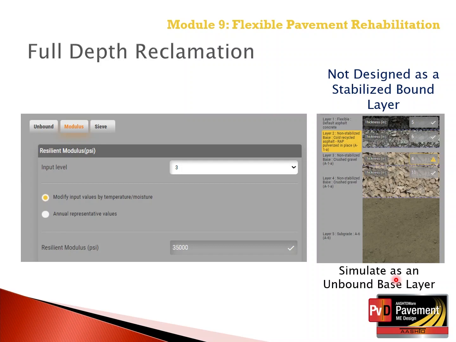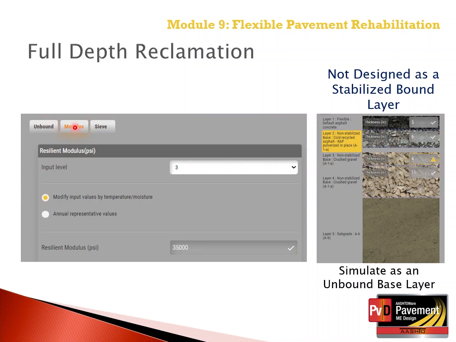So these next couple of slides will go into a little bit more detail when that FDR layer is not designed as a bound layer. So we're going to simulate it as an unbound layer. This shows the full depth reclamation layer that's not designed as a bound layer for the modulus. The unbound layer, the properties of the unbound tab and the sieve, the gradation, would be considered the same for the type of